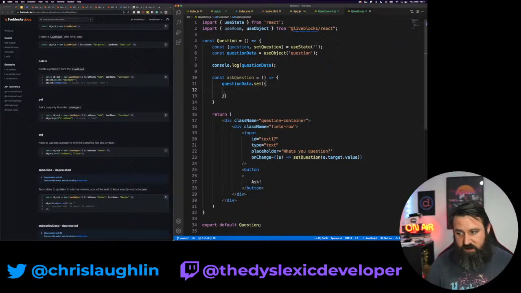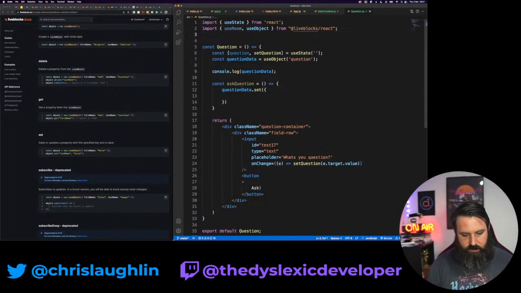Fingers crossed. So we set it with the ID. I already have pulled down a UID library, so if I do import v4 from uuid, we'll just call this UID.